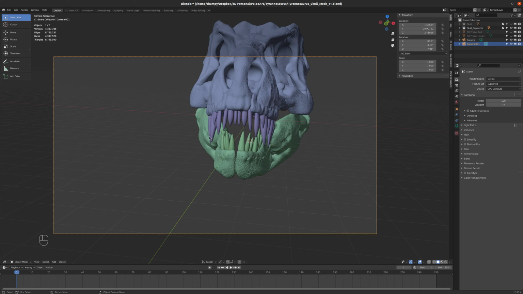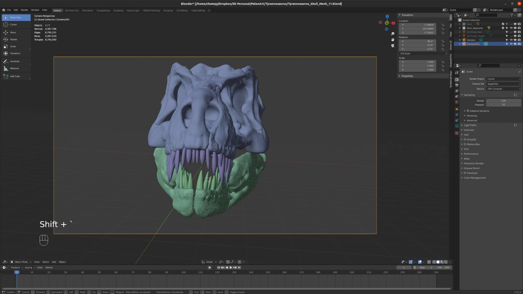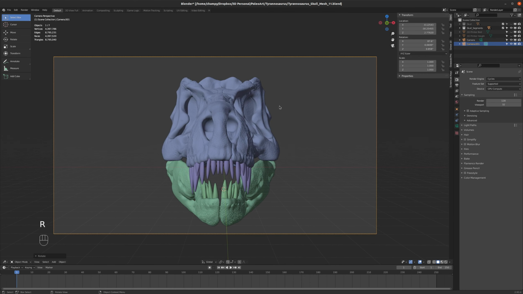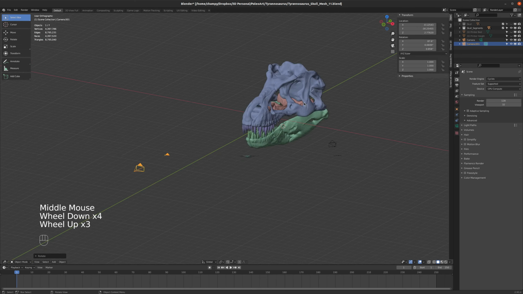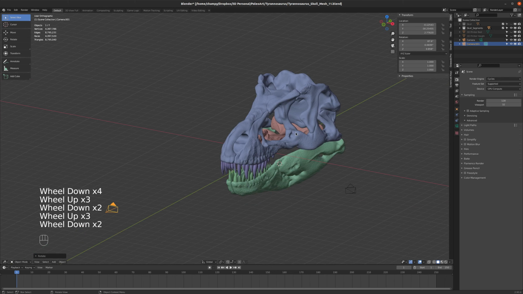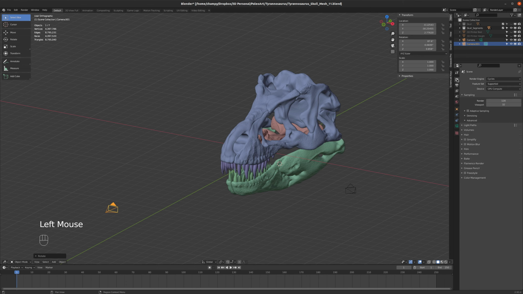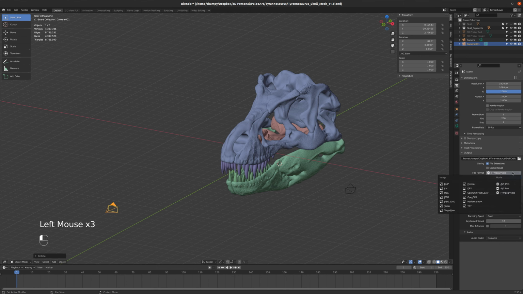You can see now that I've got my view, and I can actually use my controls to refine this view a little bit, because that could use some tweaking. Let's see, I'm going to rotate that in Y a little bit to kind of level it out. And yeah, that's a pretty decent view there. So now I've got my two cameras, and if I want to render from one, I just set it as active, and I set my render settings over here, my output resolution and my destination folder and my file type,